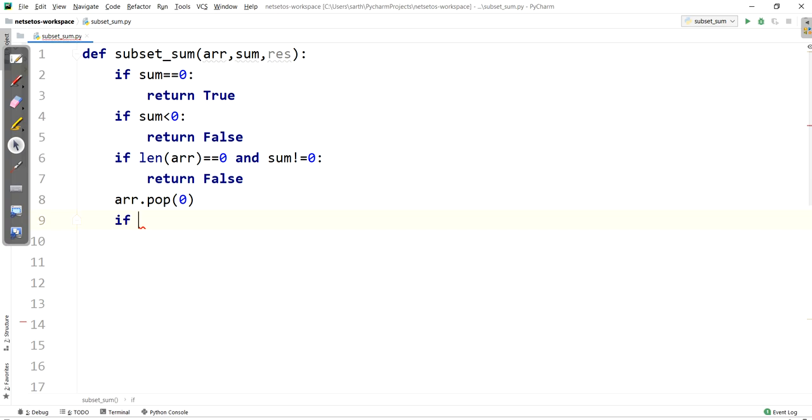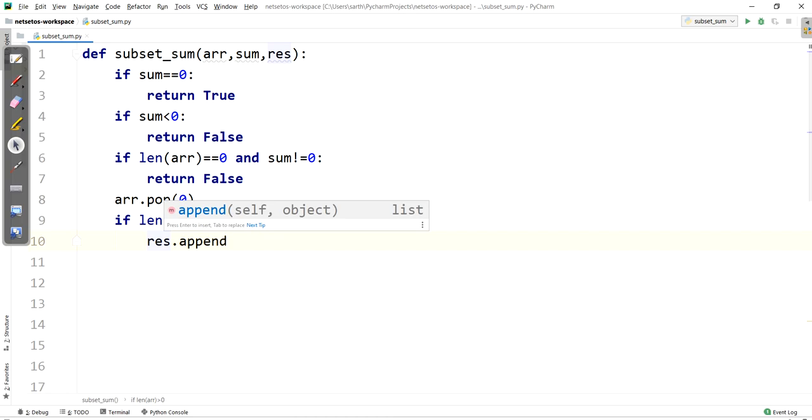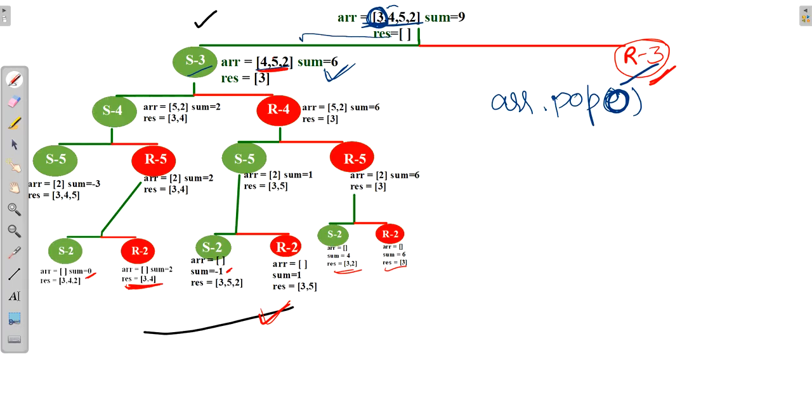And then I will check if len of arr is greater than 0, then only it will work. So here first of all it will append the first element, as whenever we go downward, the first thing we append the first element of the array in the result and will calculate sum by subtracting 9 minus 6.